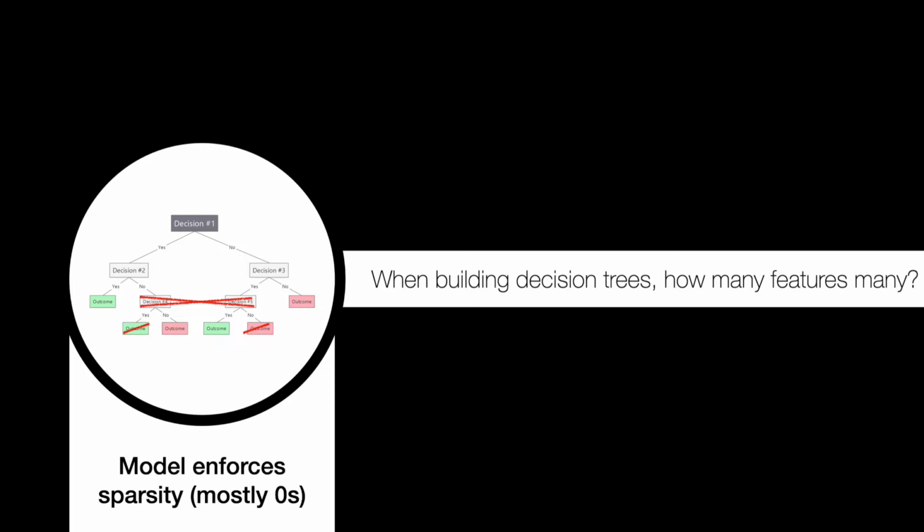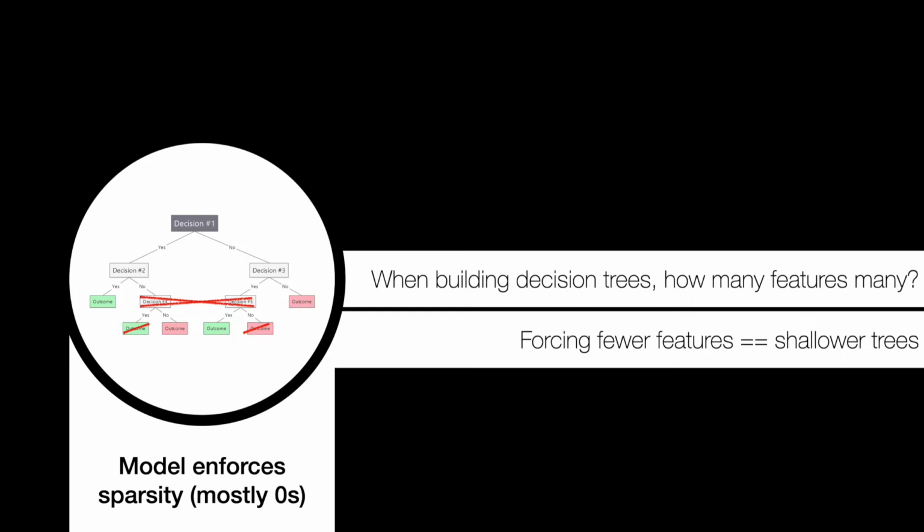enforce fewer features. So for example, in this idea of decision trees, where you look at a particular feature, make a decision on that feature, and then move down to the next feature, and move down and make a decision on that feature, and then keep going. As you build these decision trees, you can enforce some maximum depth by the number of features you have. So the fewer features you have, the shallower the trees, and you actually can incentivize the model to do this by penalizing the depth of the trees such that the generalization error is higher for deeper trees, or this model